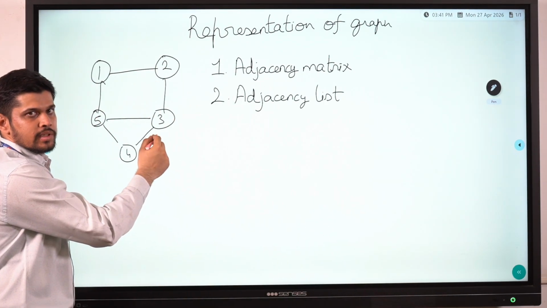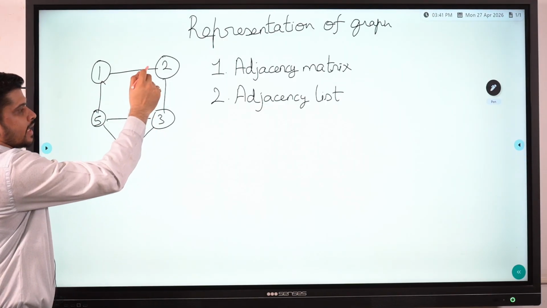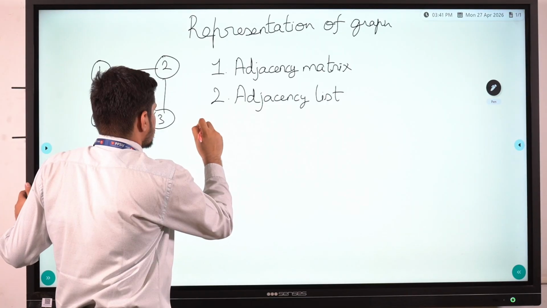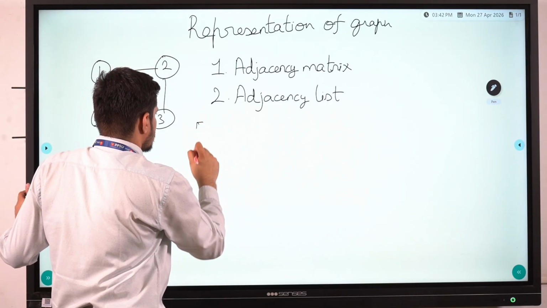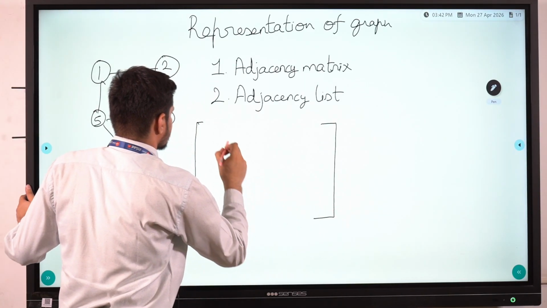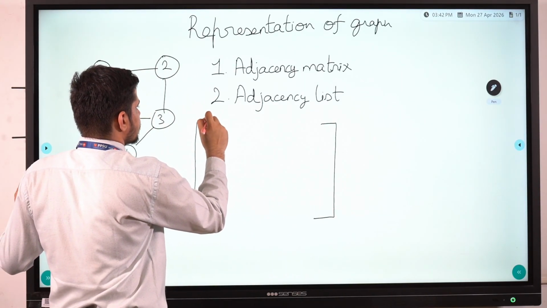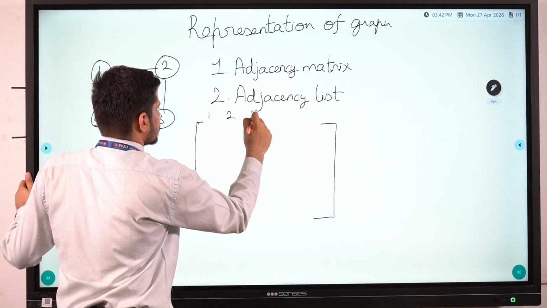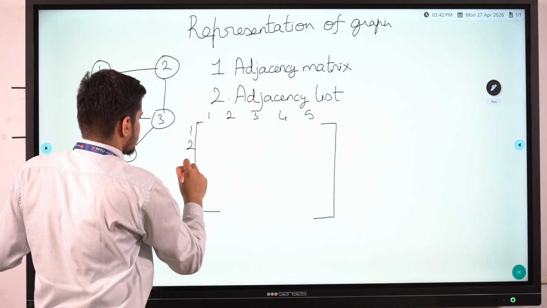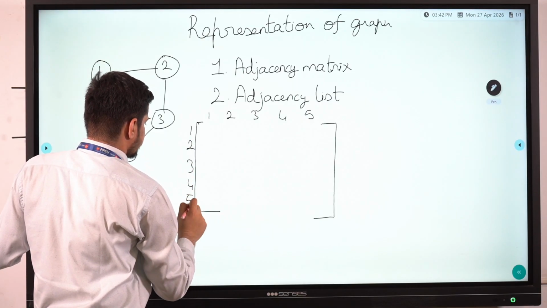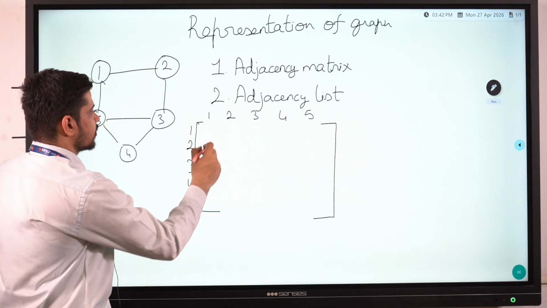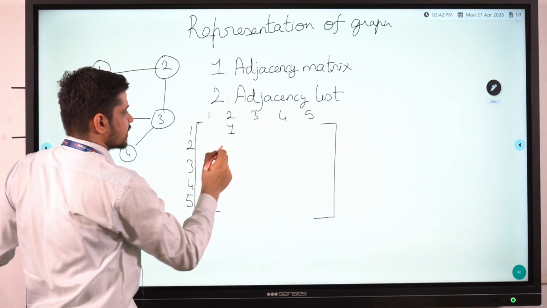How many nodes do I have here? 1, 2, 3, 4, 5, right? So I will create a 5 cross 5 matrix, in which the first index is 1, 2, 3, 4 and 5. Here also first, second, third, fourth and fifth. Is 1 connected to 2? Yes, it is connected. So I will put a 1 here, which represents that there is an edge between 1